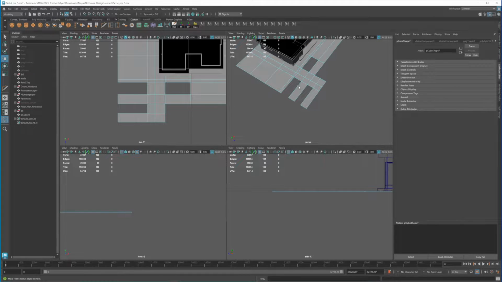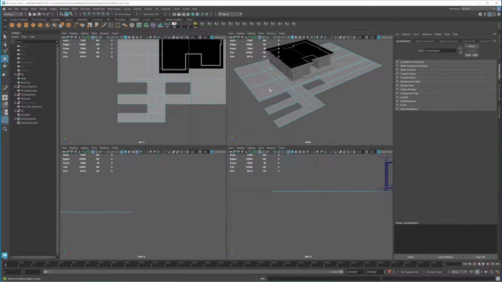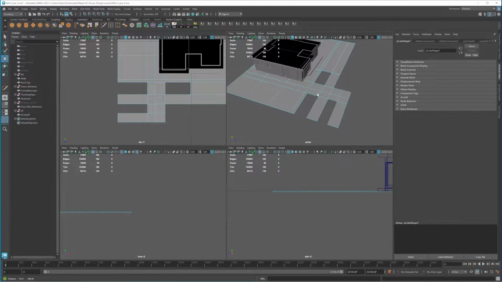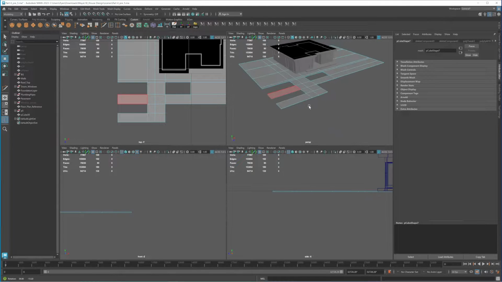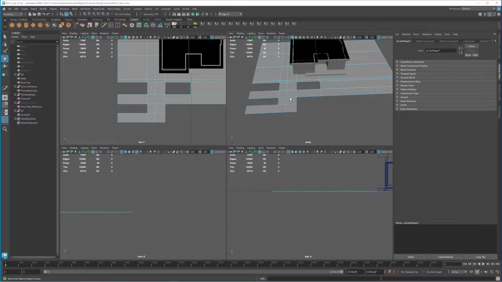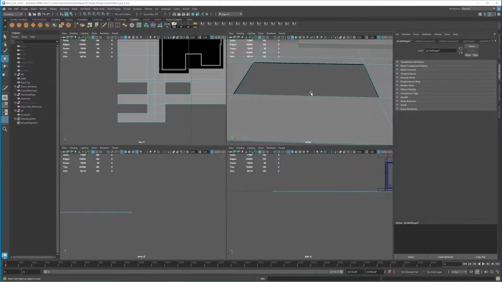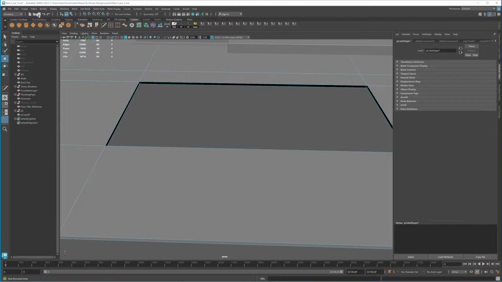So what we can do now is, this is not going to be perfect right now because it's not really the main thing that we're going to be doing. So let's start to close the spaces that we have here. I'm going to use the Append Polygon tool.